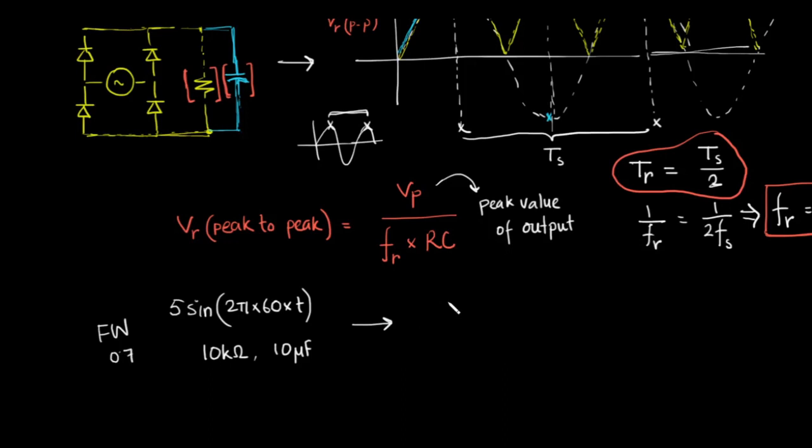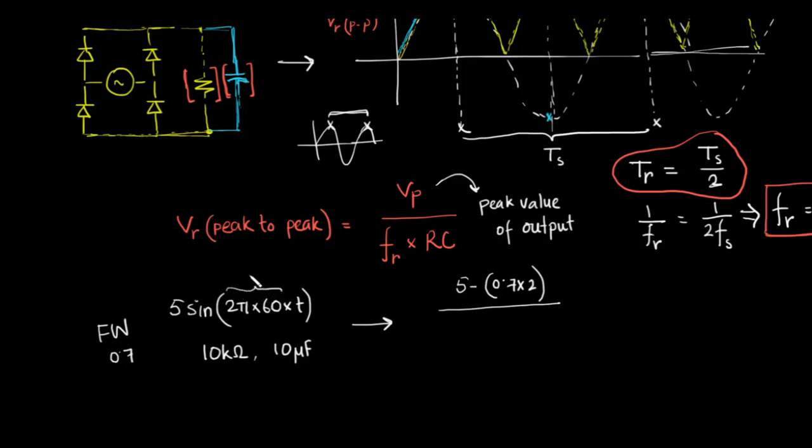So what will be the peak value of the output? As you have seen in the earlier lectures, when the voltage is produced at the output of a full wave rectifier, the voltage has to pass through 2 diodes. So the peak value will be 5 minus 0.7 times 2. Okay, this will be the peak value of the output voltage. And what will be the frequency of this? What is the frequency of the signal? Well, you can see that this is omega.